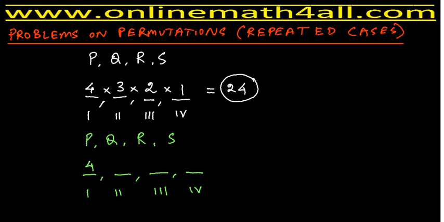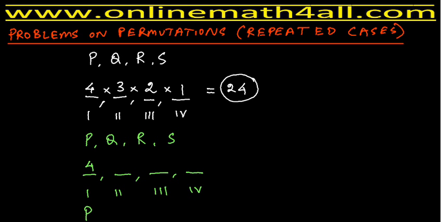Even though the first blank has 4 options, only one is fixed, but the letter that we have fixed in the first blank can be repeated in the second or third or fourth blank, or in all the three blanks. So students, please do understand carefully. For example, I'll just take an example. I assume the letter P has been fixed.